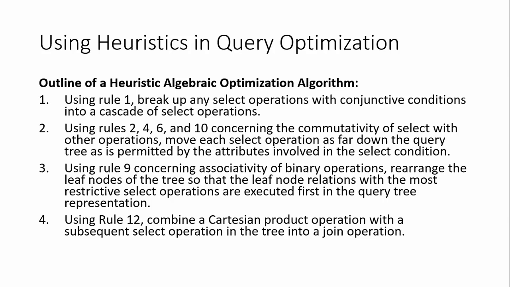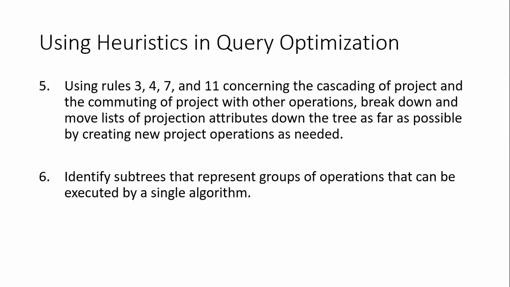Now, using these optimization algorithms, we can break up any operations, and use conjunctive conditions to cascade select operations. We have seen that in some cases you can apply one after the other, which we call conjunctive, and then select. Rules number 2, 4, 6, and 10 commute select with the other operations. Then use rule number 9, associativity. Rule number 12, you combine the Cartesian product operation with a subsequent select operation. So that part will also be covered. And then lastly, use rules number 3, 4, 7, and 11,